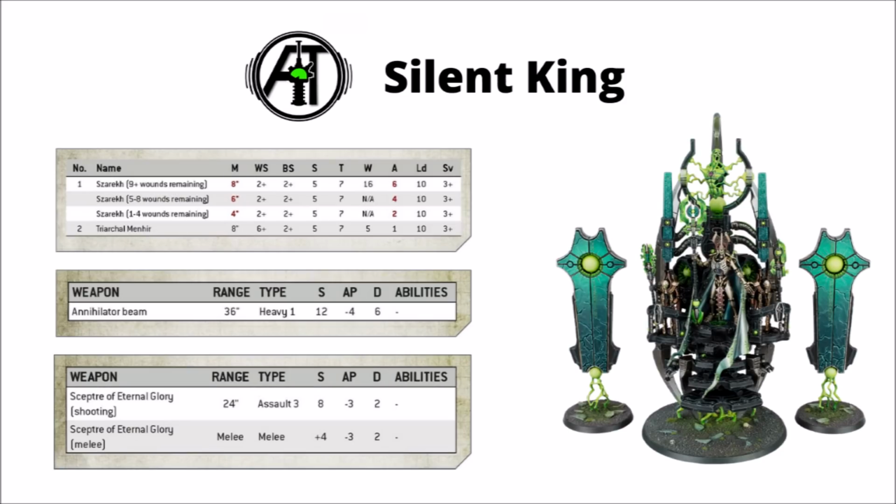Finally, we've got an absolute ton of previewed rules for the Silent King, who I strongly suspect is going to be a Lord of War choice for the Necrons, and will have that Supreme Commander keyword, meaning that you could basically field him for free in a Supreme Command detachment. We had already seen his profile before. He's Movement 8, Weapon Skill and Ballistic Skill 2+, Strength 5, though will get more for his close combat attacks, Toughness 7, 16 wounds, 6 attacks, Leadership 10 and a 3+ save,